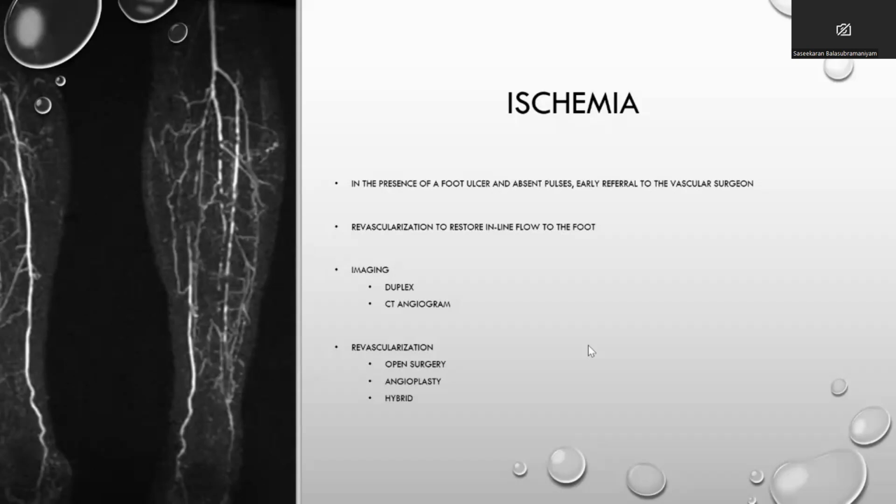And with duplex, you can see the vein, whether we can use it as a conduit to do the bypass. Similarly, we take the great saphenous vein and reverse it and do the anastomosis proximally and distally, like a cardiac CABG. You can see all these things with the duplex scan. This is what more than 50% of vascular surgeons in the country use, because it's very difficult to get a CT angiogram to delineate the anatomy.